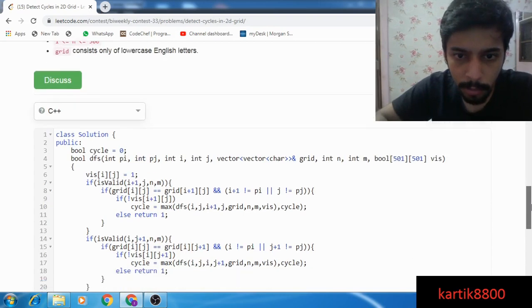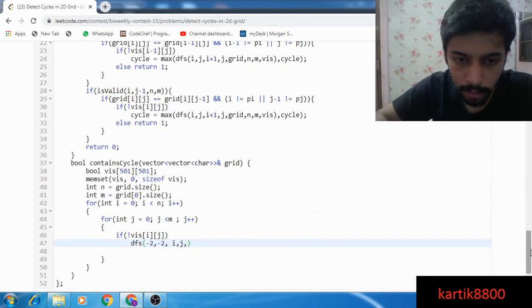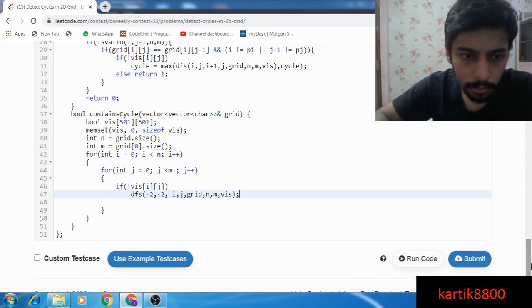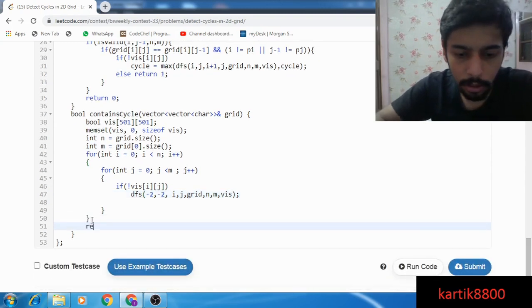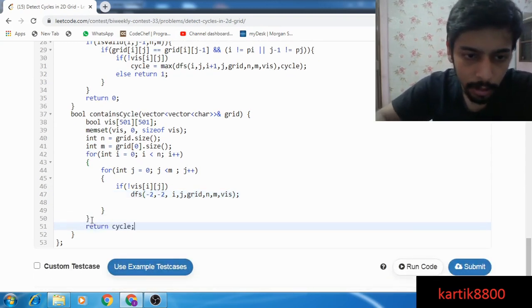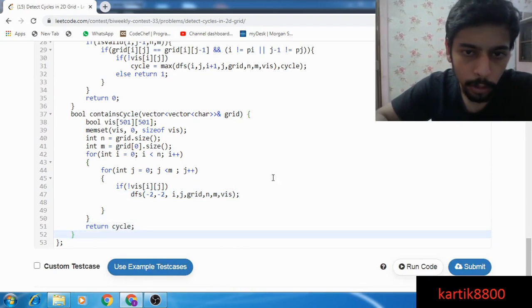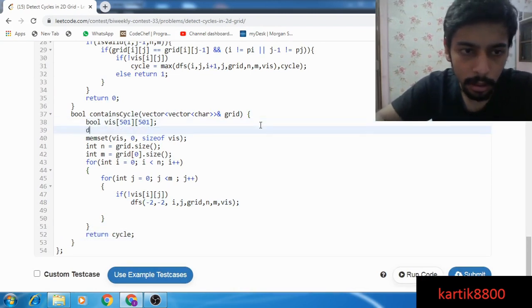Pass in i j, pass in the grid, n m and vis. Let me just return cycle here, and my work should be done by this. Okay, initialize cycle to 0.